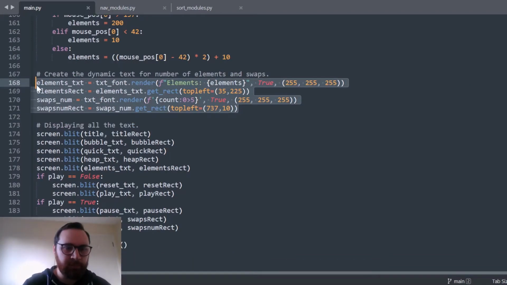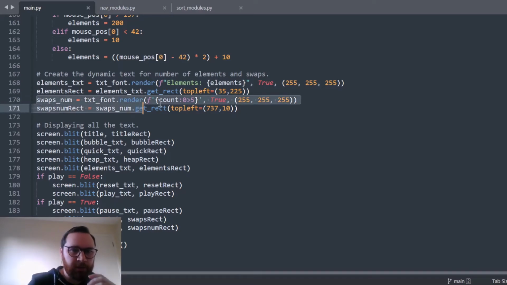So for the elements, the number of elements shown as a number, well, that's super easy. We just have elements and this little F string, and we can then use the normal Pygame text features to show that. This was a bit interesting because I wanted the swaps number to have leading zeros if it wasn't into the 10,000s. And so I found this really, really neat little feature of F strings, and